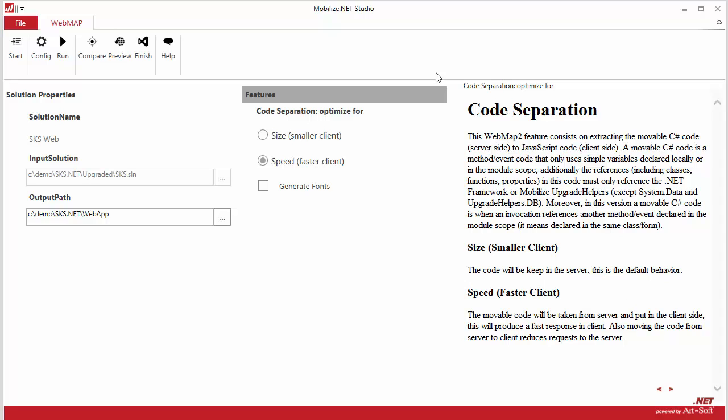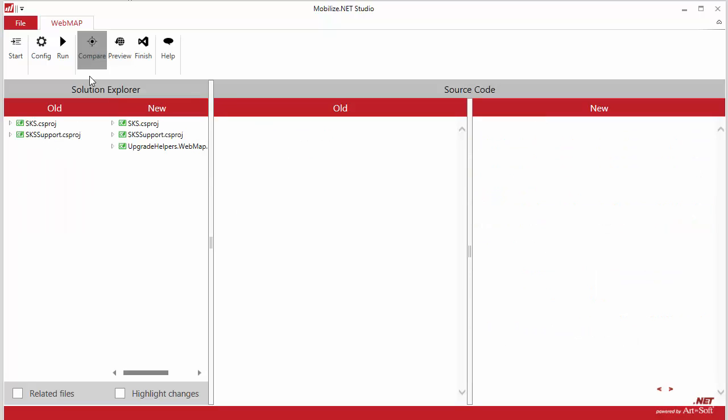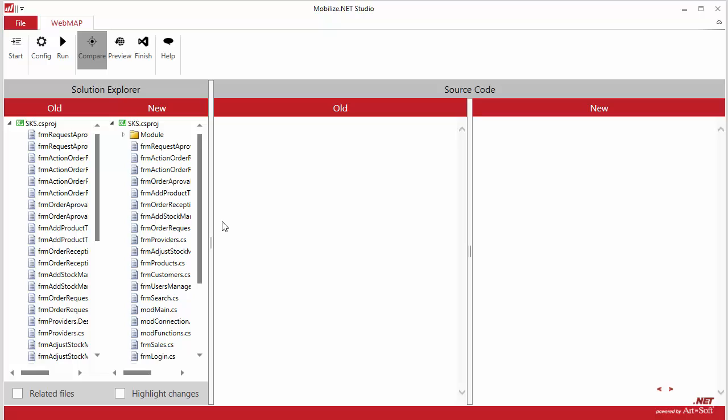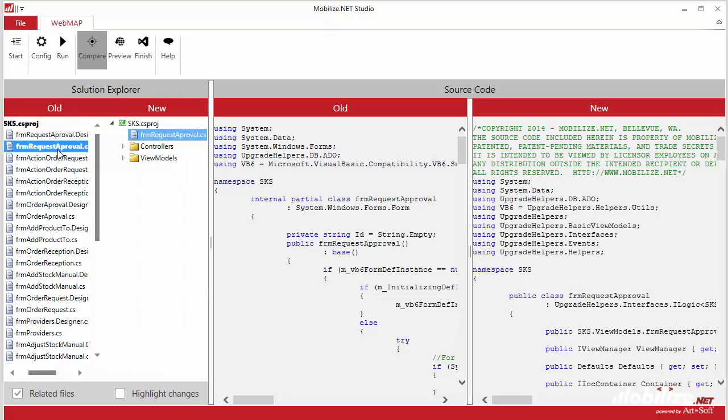Now that the migration is done, let's take a look at our result. We have a Solution Explorer here that shows the old project and the new project, and you can see that we've added a third project here. We can look at the differences between them. There's a lot of files here. Let's click on Related Files down here and then pick one. And we can see that for this particular form, this request approval form,